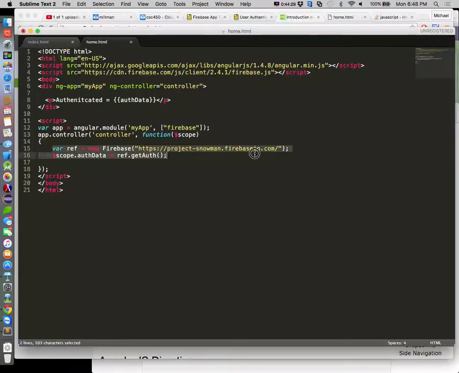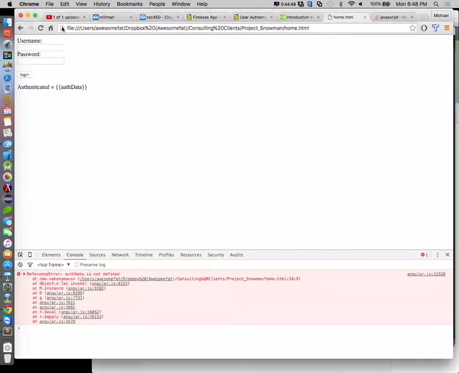So here's our Firebase project. That's our ref. We're using getAuth. This should give us our auth data. And we have a binding right here for auth data. So if I just reload on this,